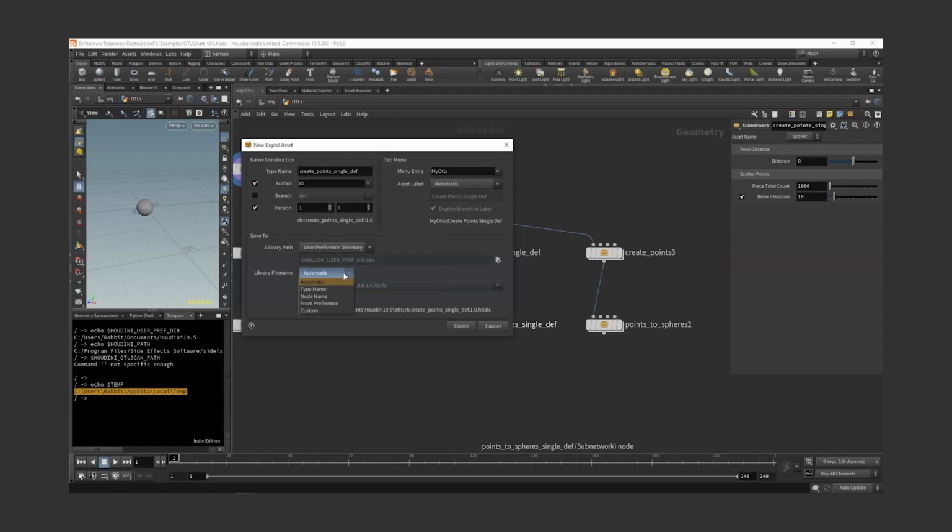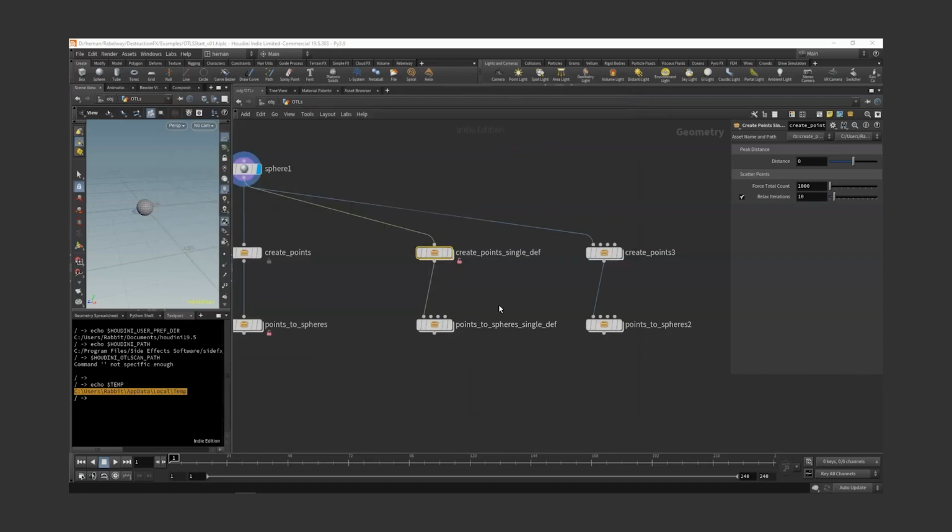So I'm going to click on automatic and choose custom. What you see here is the name of the OTL where the definition is going to be stored. I'm going to call that OTL test OTL. So I'm going to remove part of the string and replace it with test underscore OTL. I'm going to copy that name, and then I'm going to click create